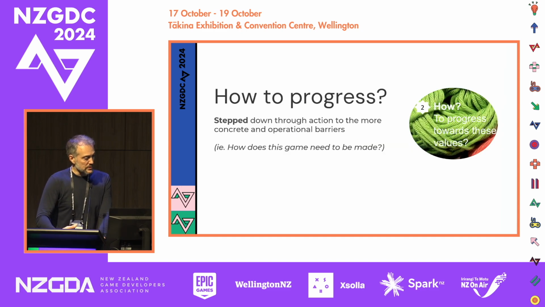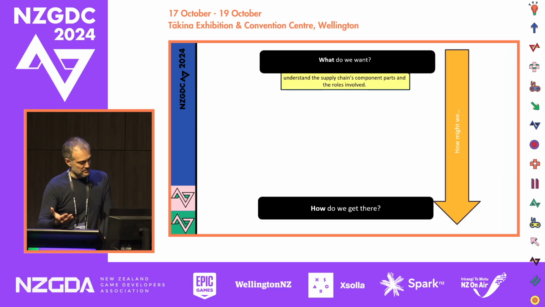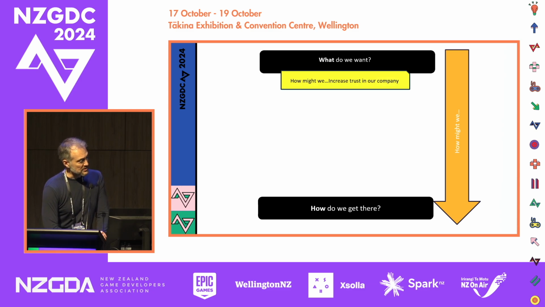So what we're going to do is replace the thing in the middle and then step down the ladder into the functional parts of this and find out what some of the operational and concrete barriers were that they were coming across in real life, so that when we're building the model, we can simulate that. Now, granted, I am talking about this as if it was a simulation, and this technique does work anytime you're making a game, even if it's not a direct simulation of something. It's just talking about the values inside. So we take that understanding in the middle, and we can replace it with something like, how might we increase trust in our company? This is where we're going to start now.